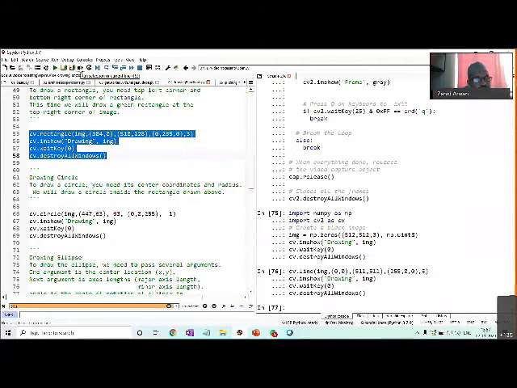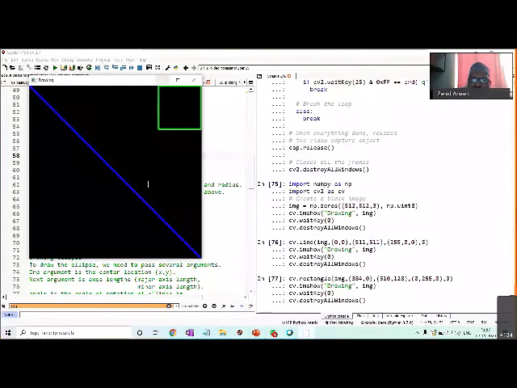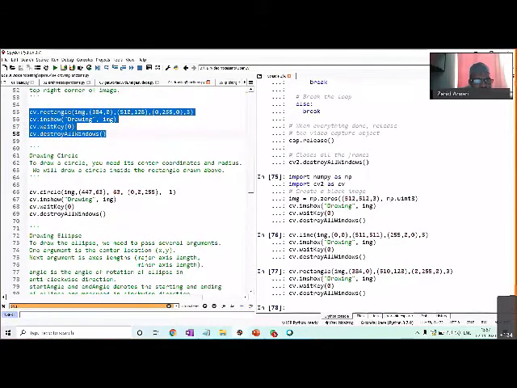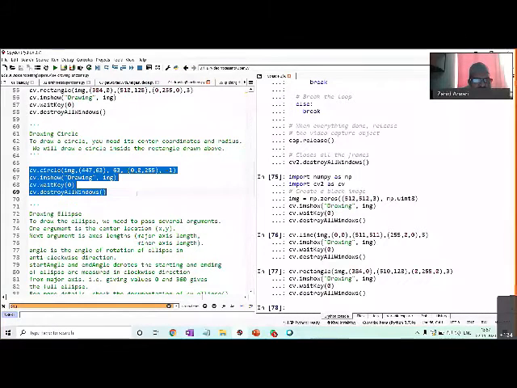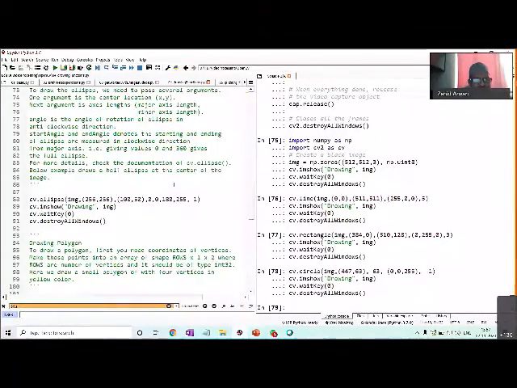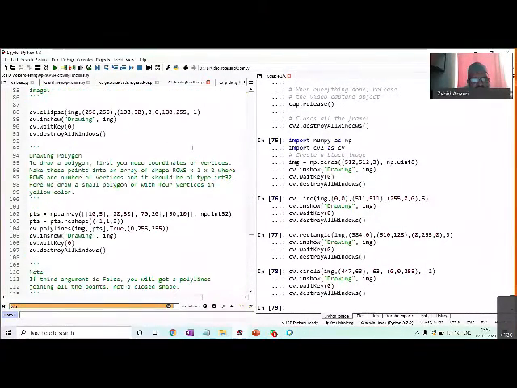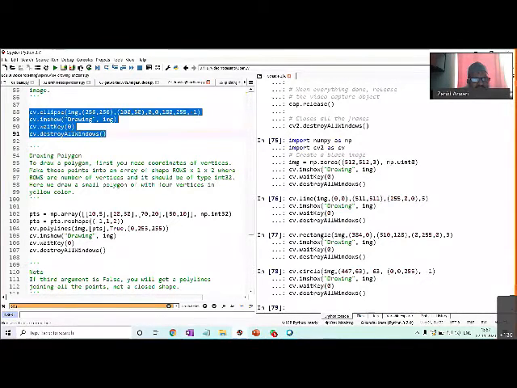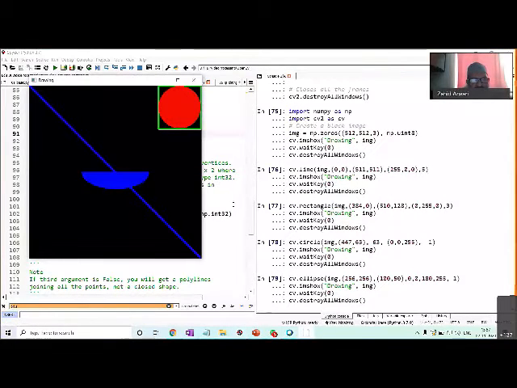So if we see on the same image, what is currently with us, at the top of the same image, we are drawing the rectangle over here. If we want to draw a circle by specifying its parameters on the same image, the circle is drawn. It is a filled circle. When you specify the last parameter -1, it fills it with whatever color you specify. Then, let's say a half ellipse we want, so 180° we are specifying, with other parameters. If we do this, we get this half ellipse also.